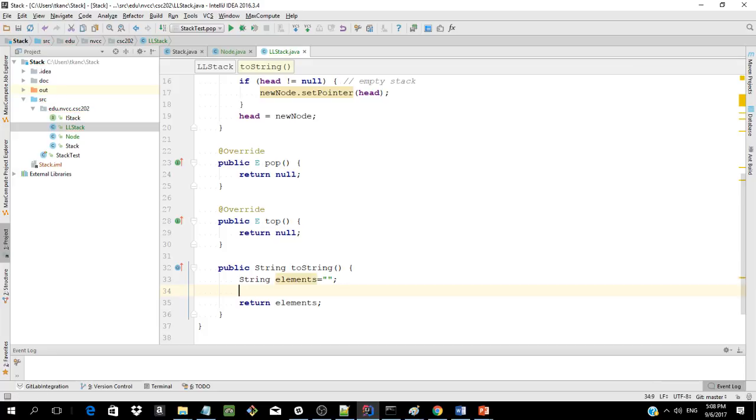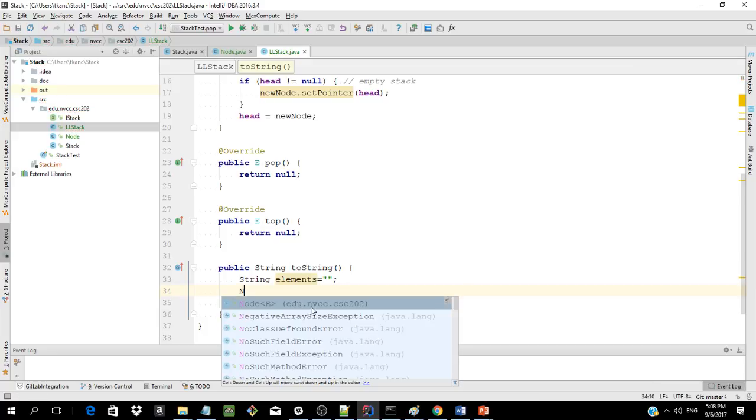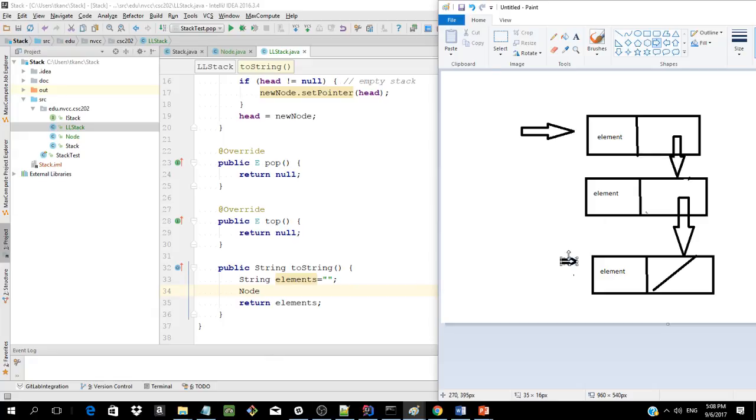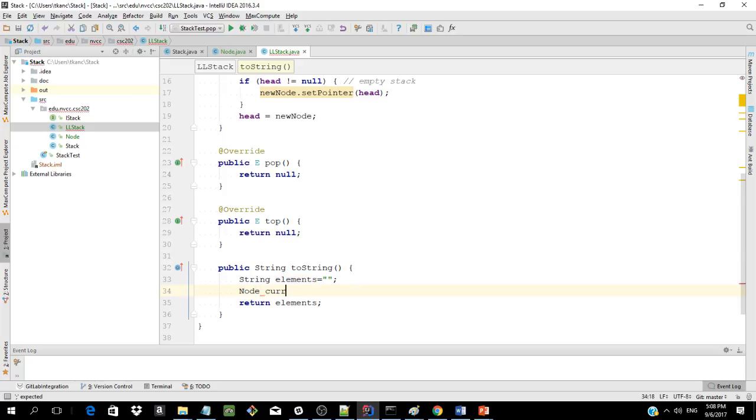We said we have to set a pointer, which is a type of that little pointer should point to node type, right? Node current equals to head, right? First time. This is just like your i equals to 0. And then while i less than, or in this case, while current not equals to null,